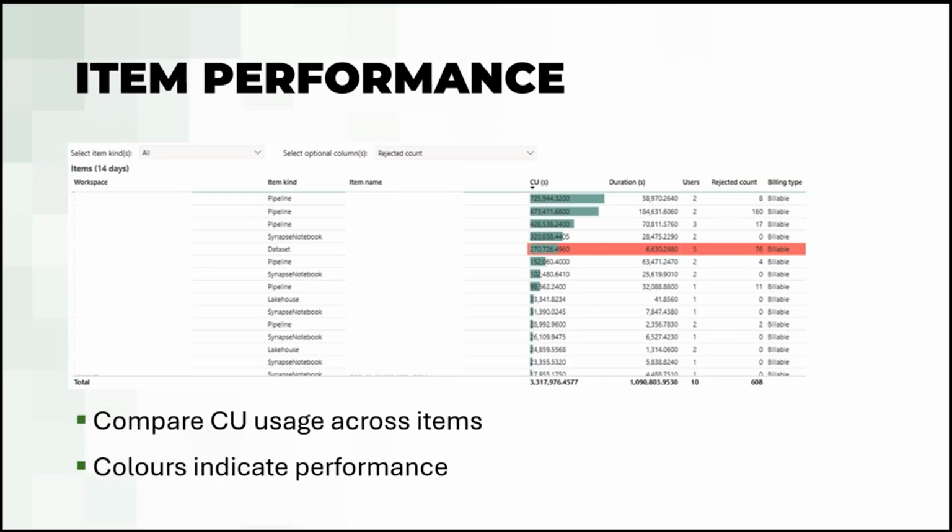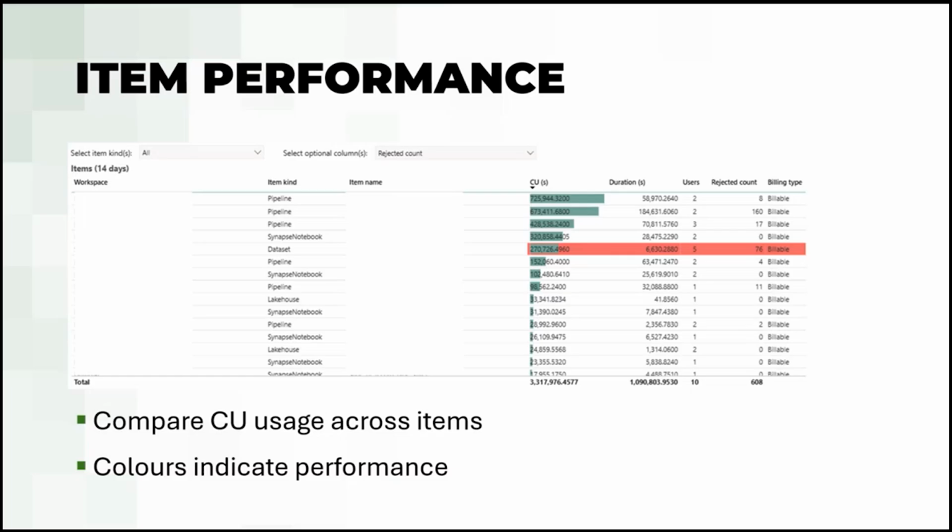Item performance is quite detailed. It's detailed enough that you can say, right, this pipeline needs optimization. But the colour coding is very useful as well because it will point out where a product needs optimization. It doesn't tell you what you need to do with it. It just says something's going wrong here. And it tends to be with